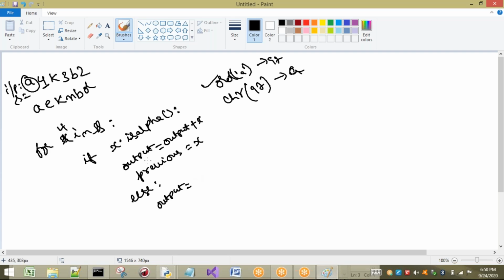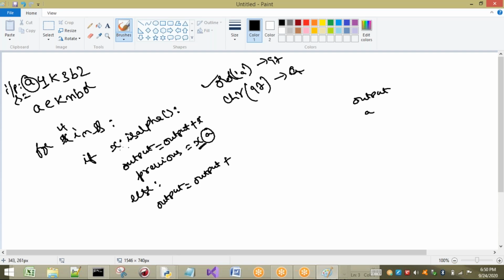Output equal to. So already the output has to be combined with whatever value is going to be generated next. In output in the first loop, A is already present. Now that has to be concatenated with the character that is present after 4 characters from A. So listen carefully. What will I take? Previous. In X, what is there? Previously A is there.